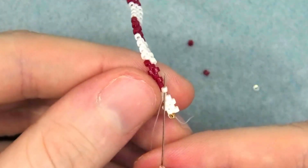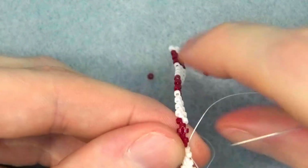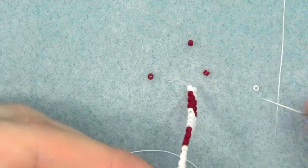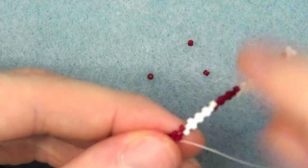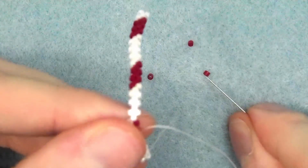Oops, just out of shot there. So up the next white one. Pull that nice and tight. Then a fourth white one. Through there. And now we're on to our red beads. So if we pick up a red one,